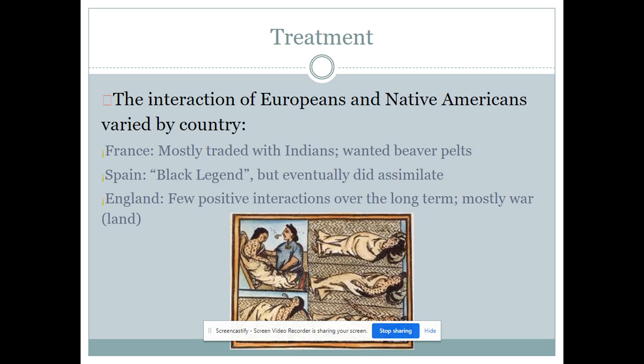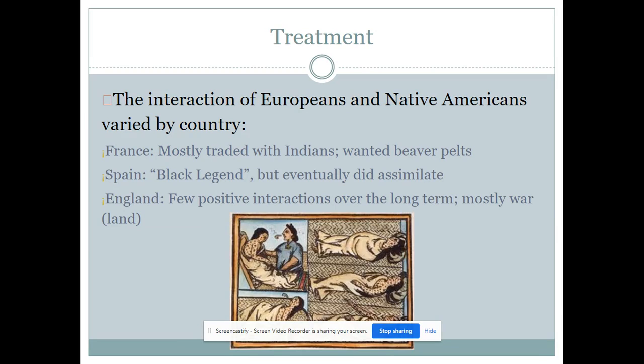On the flip side, you see the Spanish, and we notoriously have that idea of the Black Legend, that all they brought was pain and destruction. You can point to Cortez, the killer there, and you can see why that happens, right? You see Pope's Rebellion that forced out the Spanish, and forced them to actually start to rethink some of their treatment. And you start to see, as well on the next page, this encomienda system